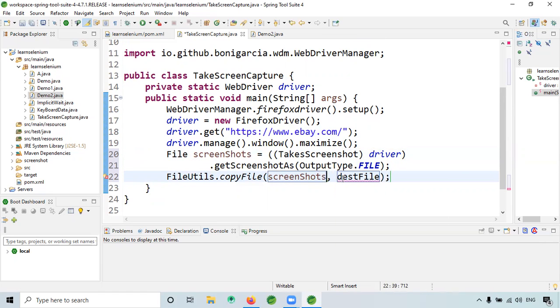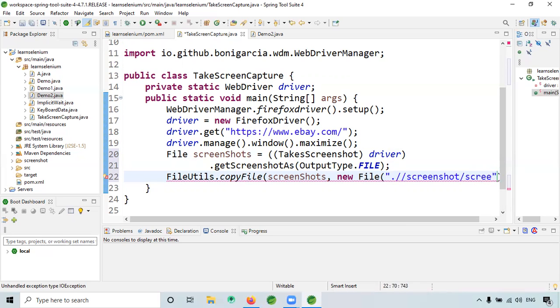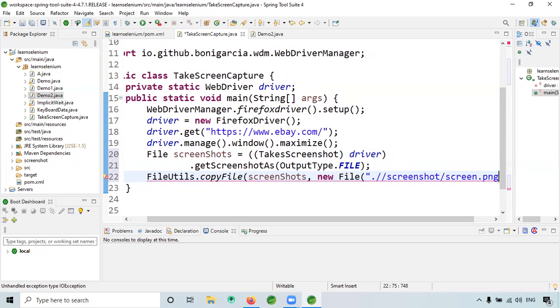The destination file I will give as new File, something like this: double slash screenshot, dot screen dot png.